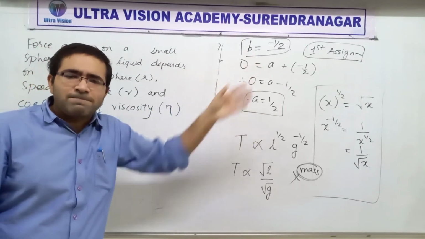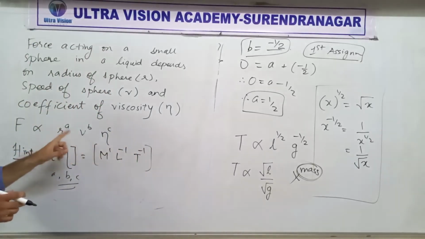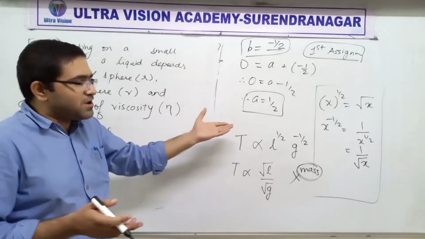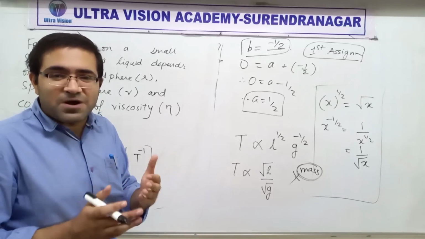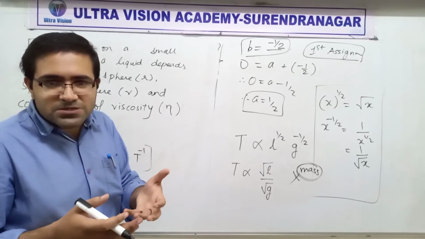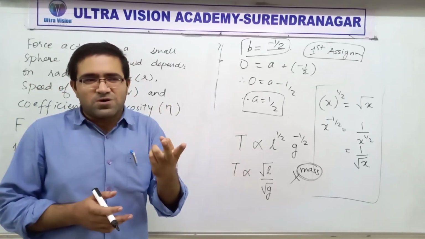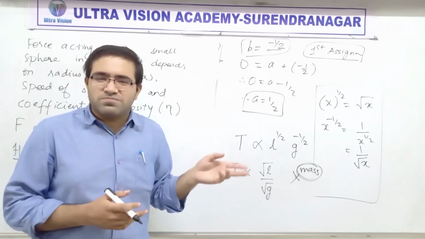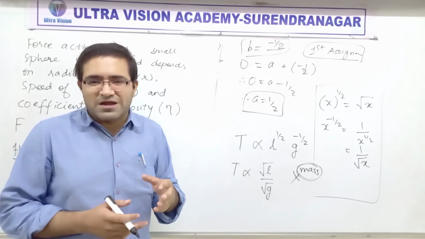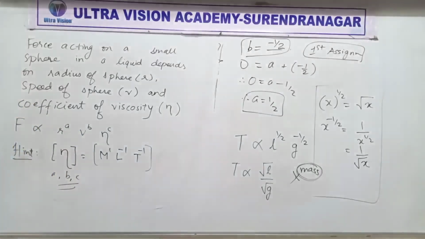You just have to compare the powers. Don't forget. Once you write the dimensional formula everywhere, then you compare the powers like we did. First of M, then of L, then of T. Once you compare the powers, you will get equations. Like here we got three equations. Do you remember? First one was c equal to 0. Second one was 0 equal to a plus b. And third one was minus 1 equal to 2b or something. So like that you get equations, you solve them and you find the values of a, b and c. So that's your homework.